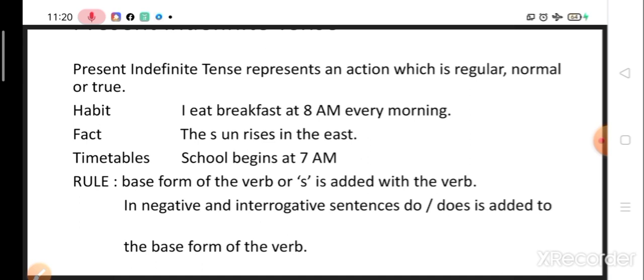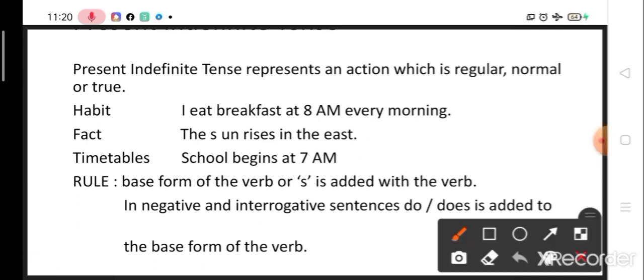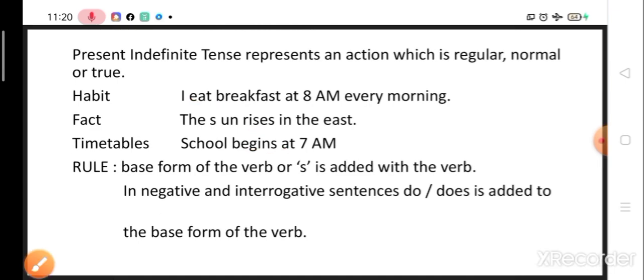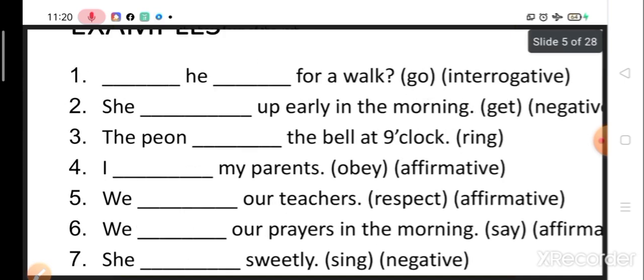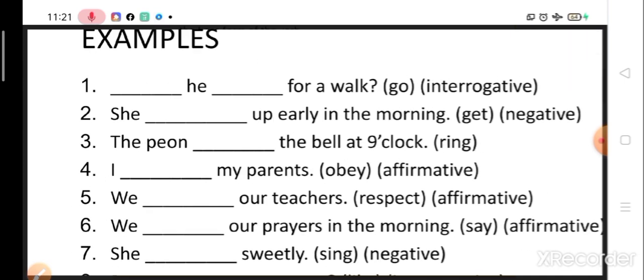Okay, so here you can see, children, here eat is the base form of the verb. Then here we have added s to the verb, the sun rises and the school begins. So again we have added the s form of the verb. Let us see a few examples. The first example which we are going to see is